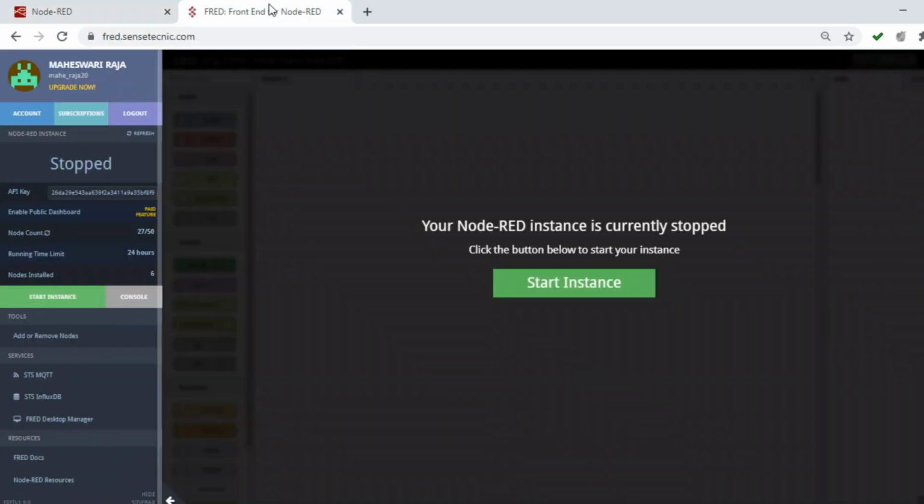Then go to FRED-Centenic.com. Then click start instance.